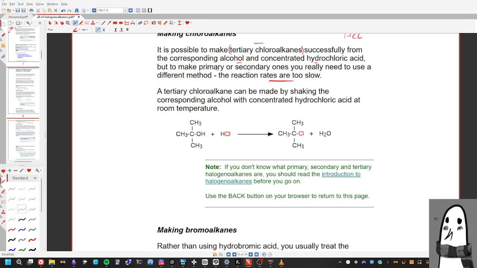Yet tertiary chloroalkanes are the easiest to break. They have the lowest boiling point, so the reaction speed will be the greatest. So these ones are the only viable ones, tertiary chloroalkanes. But in case you wanted to make primary and secondary ones, say primary is the nicest looking one, right? It has the Cl at the end, and it has all the C's in the middle. So if you wanted this, and maybe personally you wanted one with a straight chain, so you wanted greater dispersion forces. However, this straight chain one already has dispersion forces that you need to break,